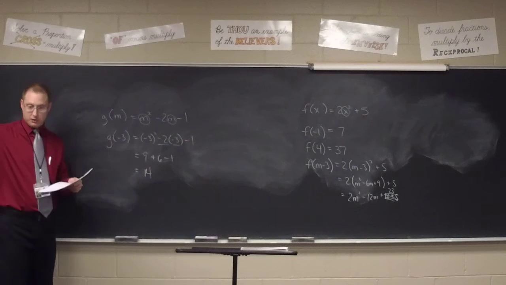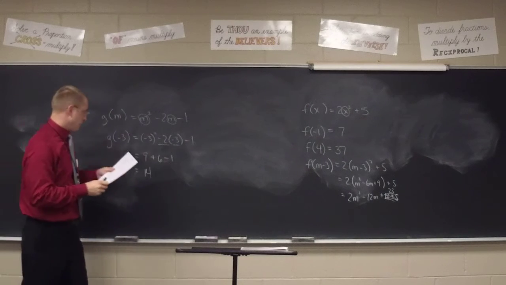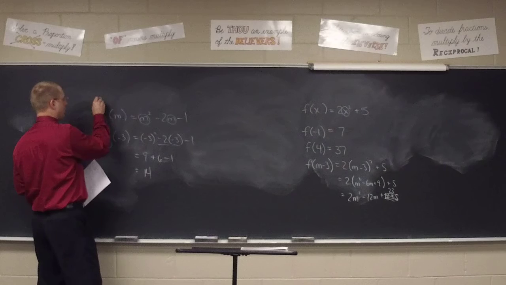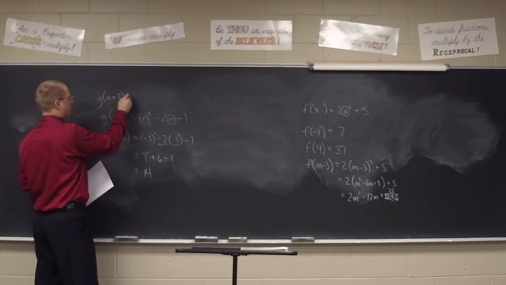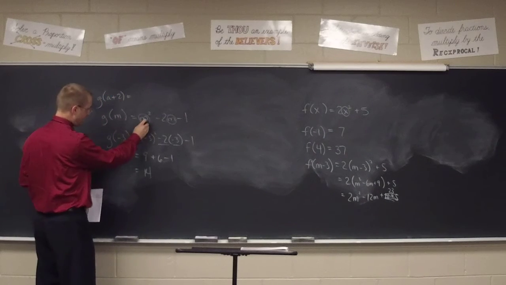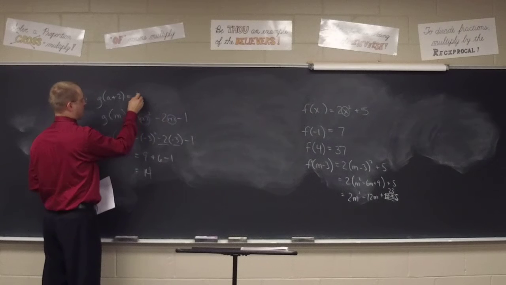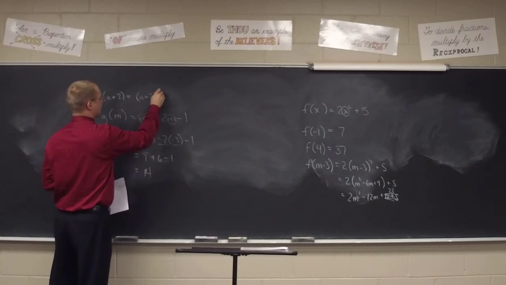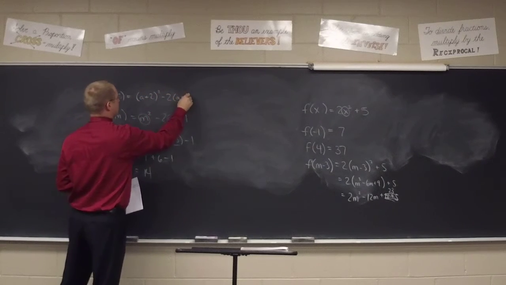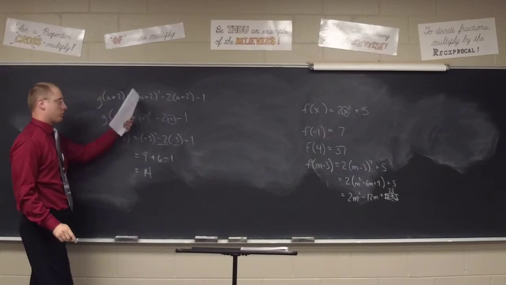How many had 14 for g of negative 3? All right, then we had g of a plus 2, which means a plus 2 goes there, a plus 2 goes there. So we're going to have the a plus 2 squared minus 2 times a plus 2, and then minus the 1. When we square the a plus 2,